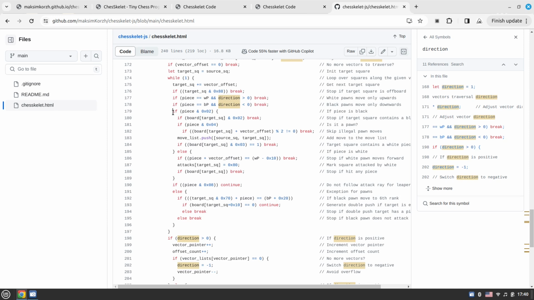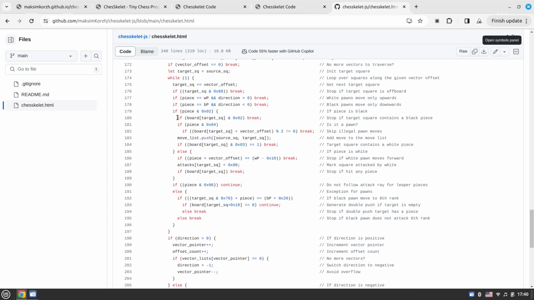If the piece is white, we want to initialize the so-called attack map to know which squares are attacked by white. This would be later used by the evaluation function. So at the moment, we know that the piece is either black or white. So if we do this bitwise operation, piece bitwise AND with 2, so this is the second bit, and